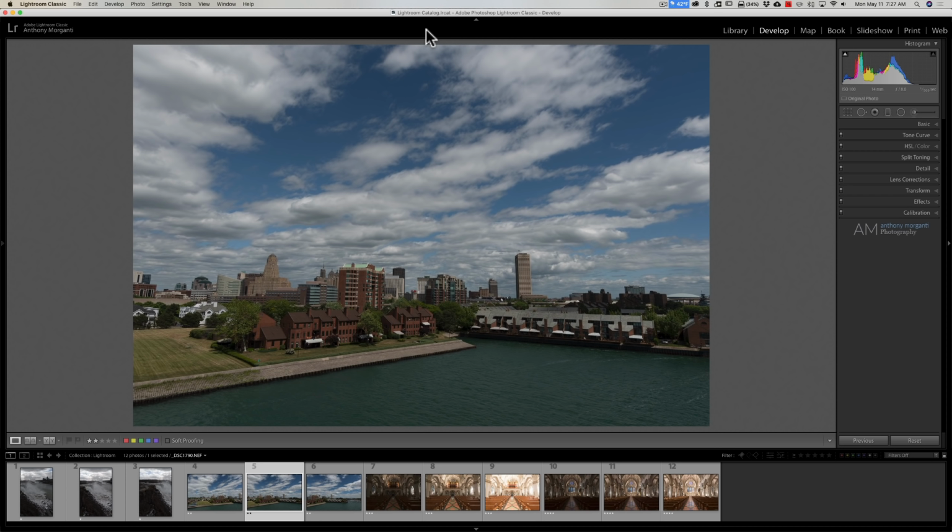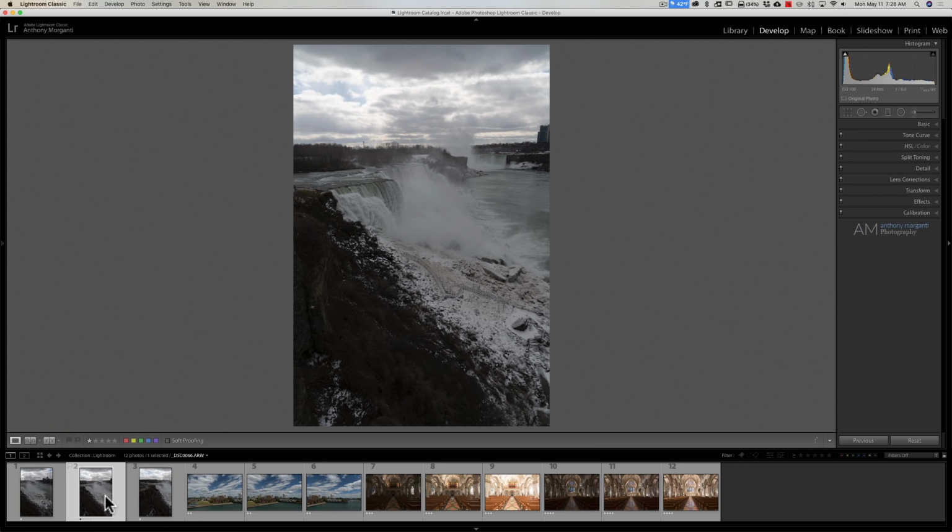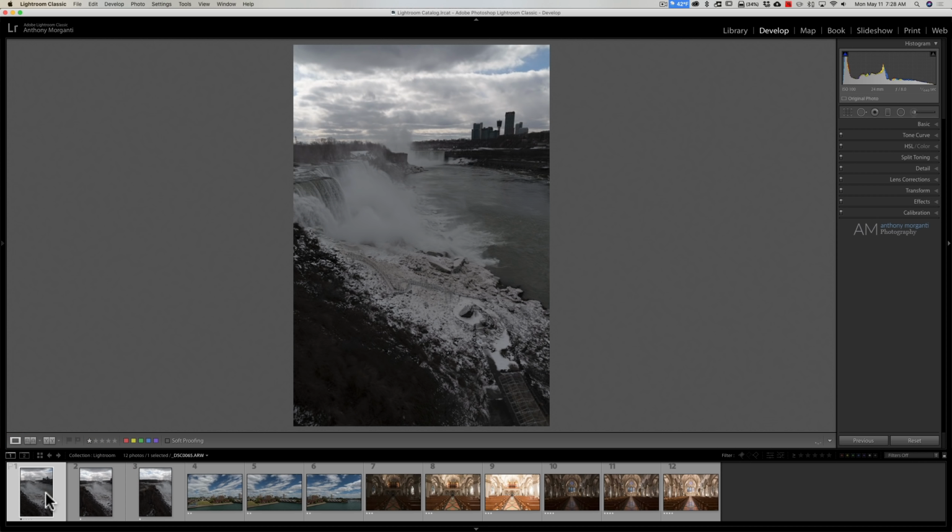I am MrPhotographer.com. In this video, I'm going to share with you a hidden Lightroom trick that should help you whenever you're creating an HDR image or a panorama. This trick is particularly useful if you have more than one to create. For example, if we look down at the film strip, I have 3 images of Niagara Falls. I'd like to use these 3 images in a panorama.